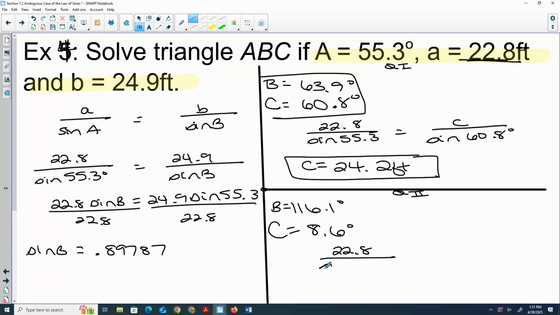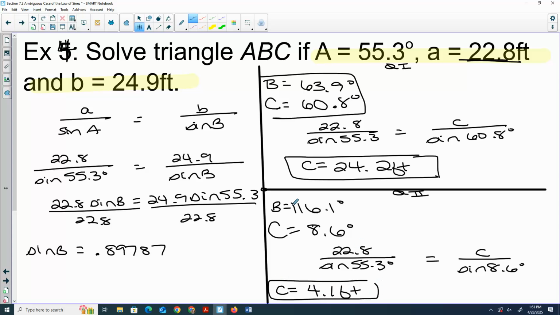So A over sine A equals C over the sine of 8.6 degrees. So if we plug that in, it gives me side C to be 4.1 feet. So that is smaller than the other two sides, so it is possible. So this was a case for both